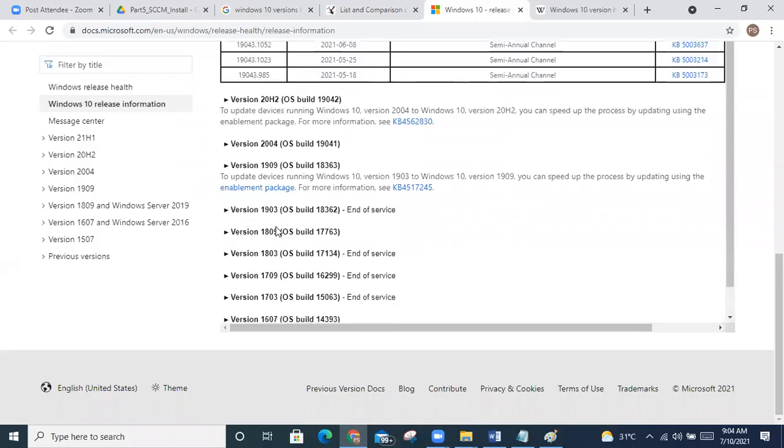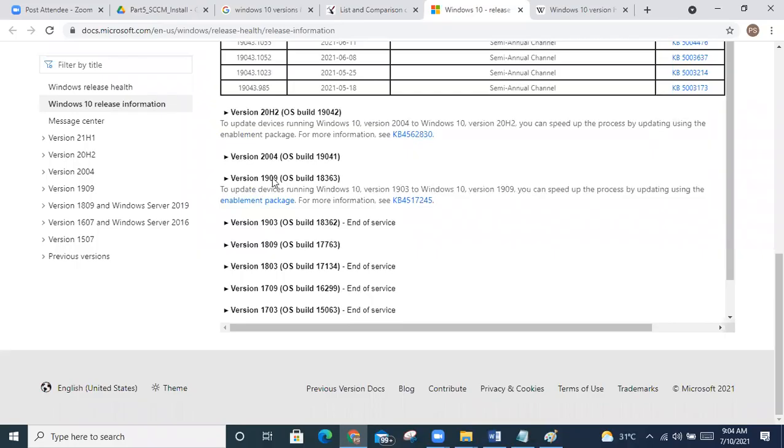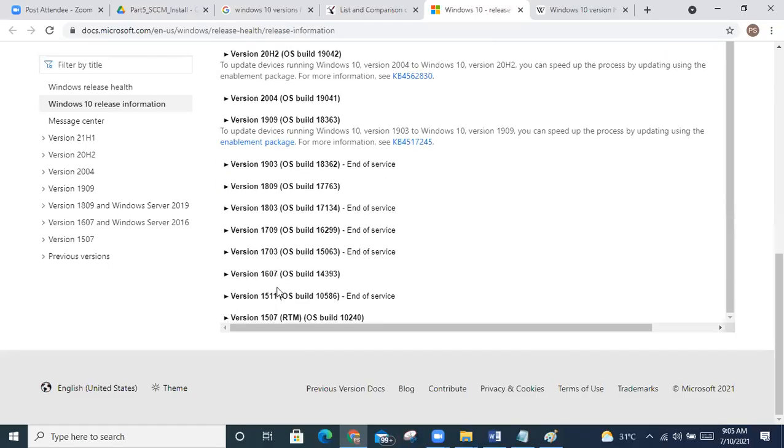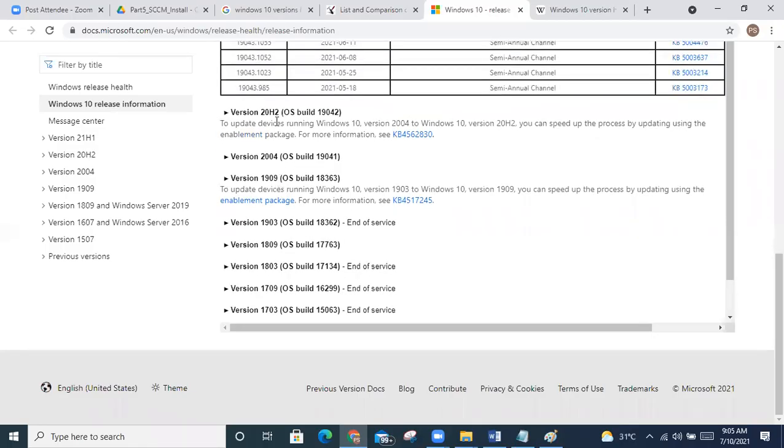Then around 2000 they changed a little bit. They're releasing 2004, same as 1903, 1909. They removed the 03/09 naming convention because they're not sticking to specific months. The first half they put H1, earlier they released 04 and H2.